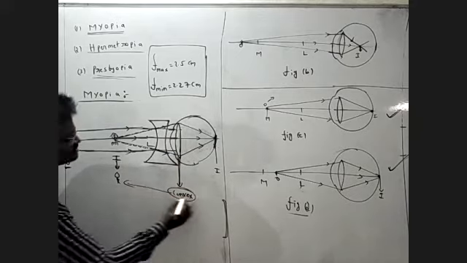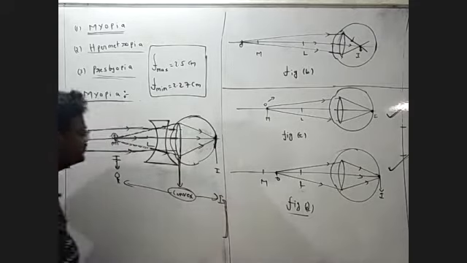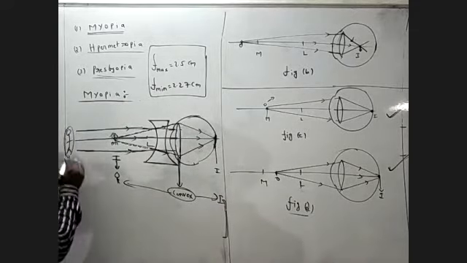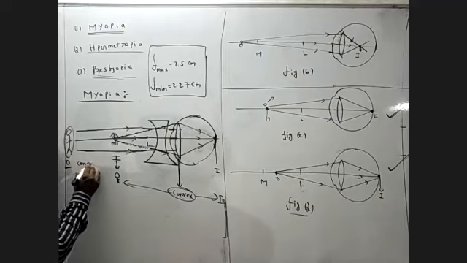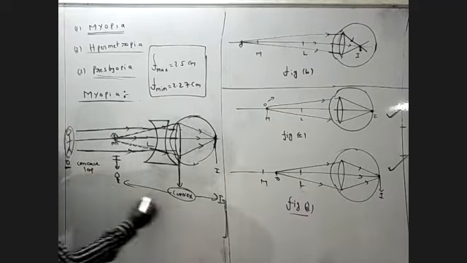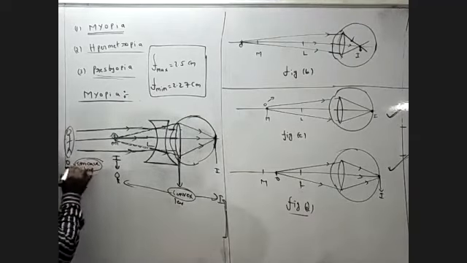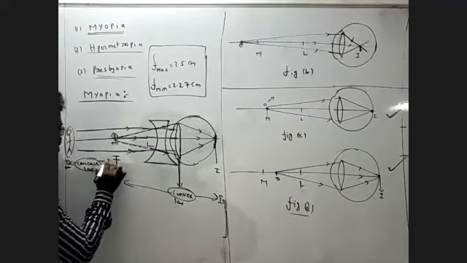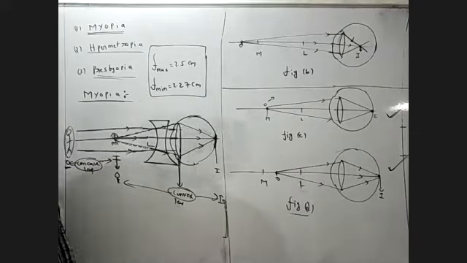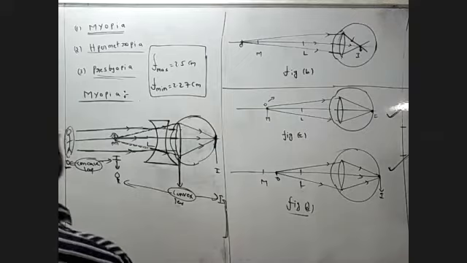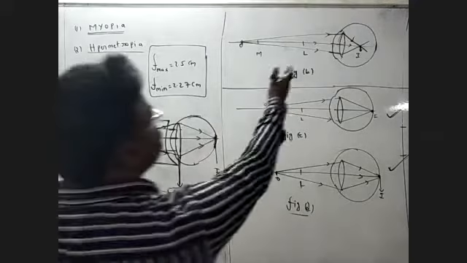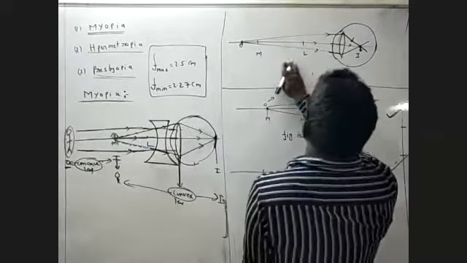Convex lens. This is the object, and this is the image. But this is a concave lens, and this is the object and this is the image. This is a correcting method. So now we are calculating the lens focal length. We are going to correct this as well, and you see that.